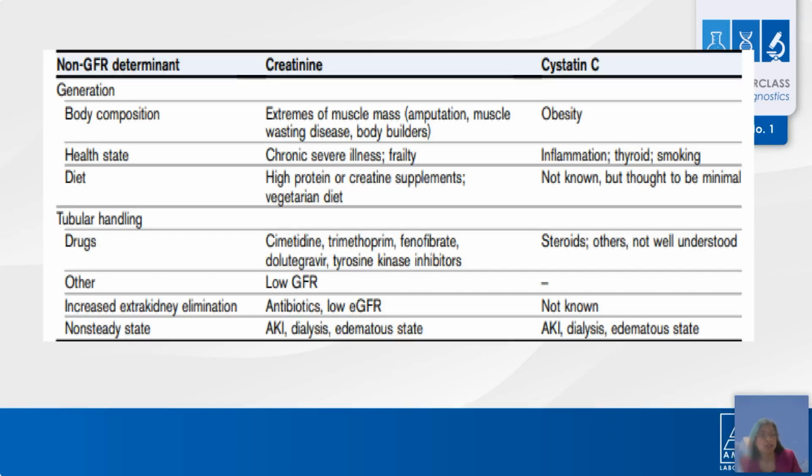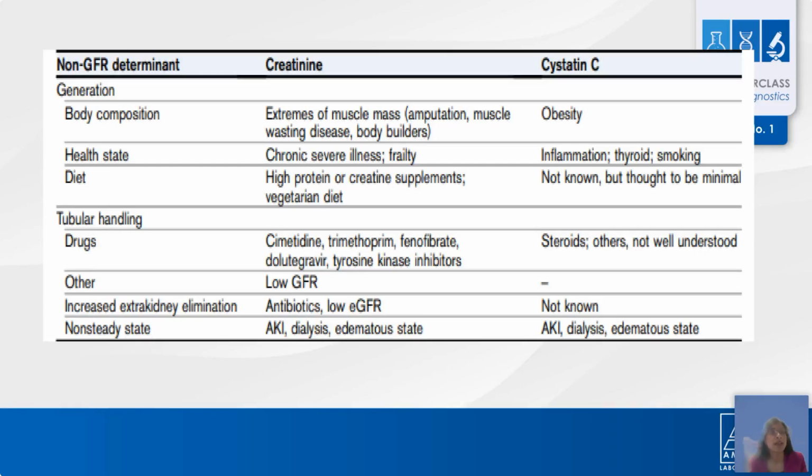The health state of the patient, chronic illness, for example cancers, can also affect the eGFR. And diet. Diet has been something that has come across to affect creatinine, and that is because we have the high protein diet, keto diets, and all these can also impact on the creatinine and therefore affect the eGFR